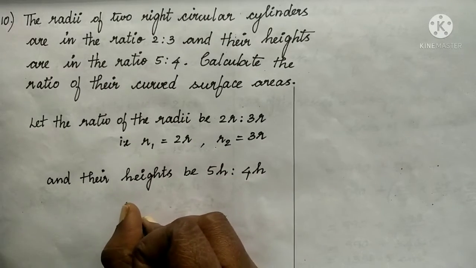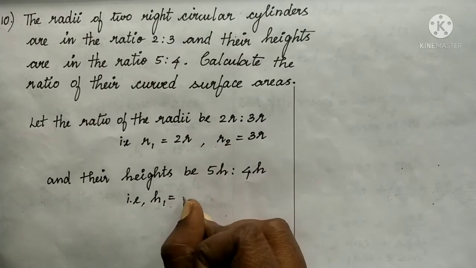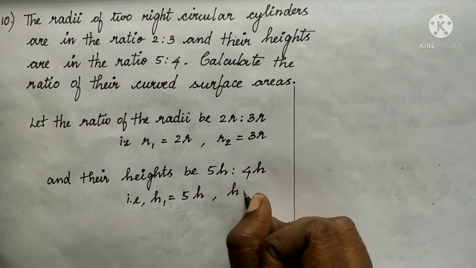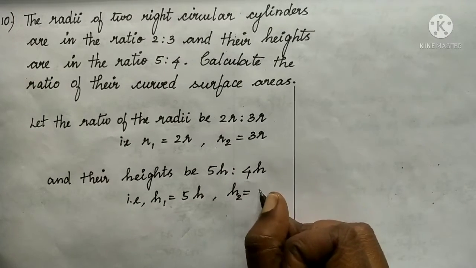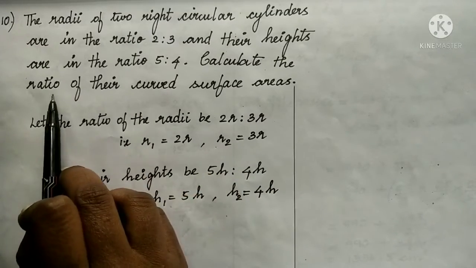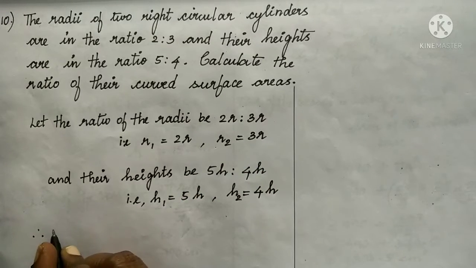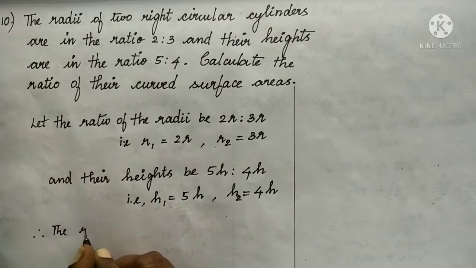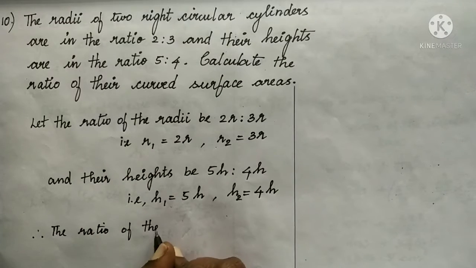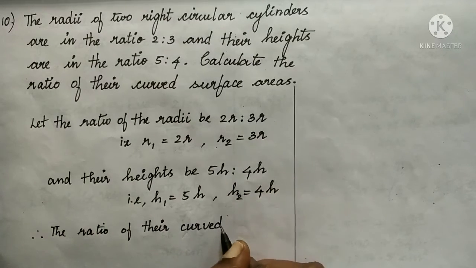That is, our h1 will be 5h and our h2 will be 4h. We are asked to calculate the ratio of their curved surface area. Therefore, the ratio of their curved surface area will be